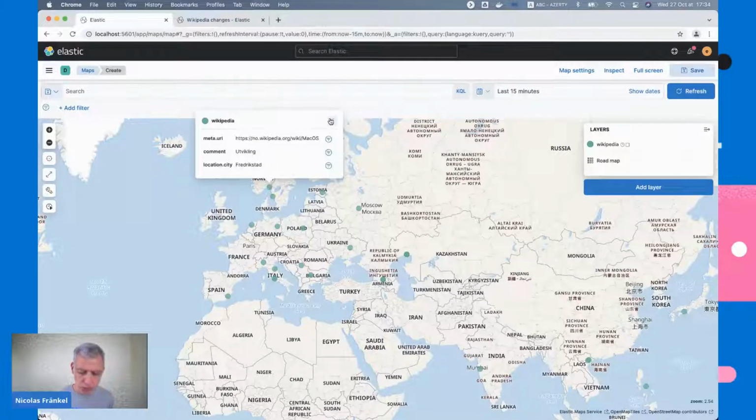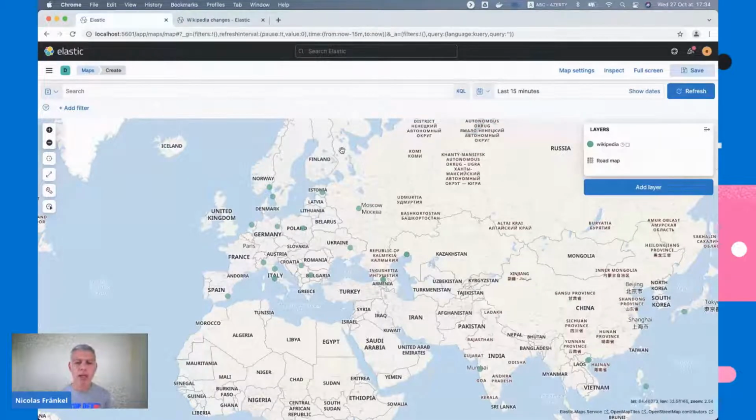I want to understand who is doing what in which language from which location, because Wikipedia is like the sum of all knowledge of humanity, and so far it has pretty good quality, but you might have heard that there are some attacks by trolls who want to change.